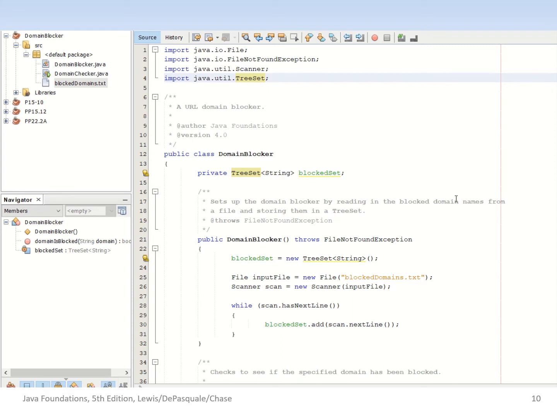And it's going to put those into a set, and then it's going to prompt the user to enter a domain name, and it will check the set for containment. And either the set contains that block domain and it will tell the user so, or it doesn't. So